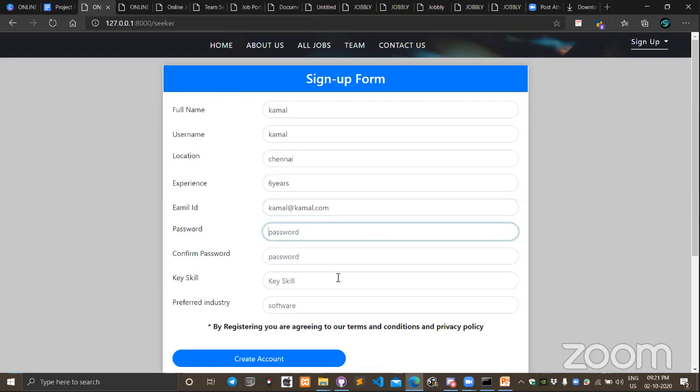So after creating the account, I'll be redirected to the job seeker landing page. It will automatically sign in if your account is created successfully. And this page is created by Keshav. And like Supriya said, we use HTML, CSS, and Bootstrap for making this. This is just a job listing page. Like this is a home page, right? So it can be anything. So let me list out the